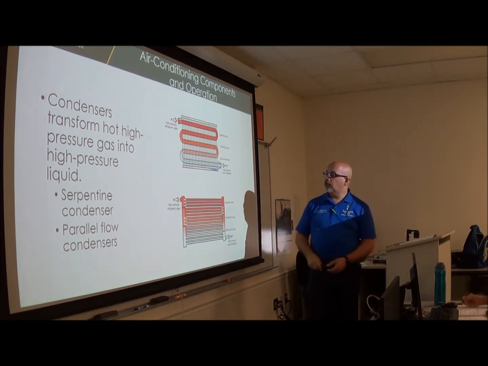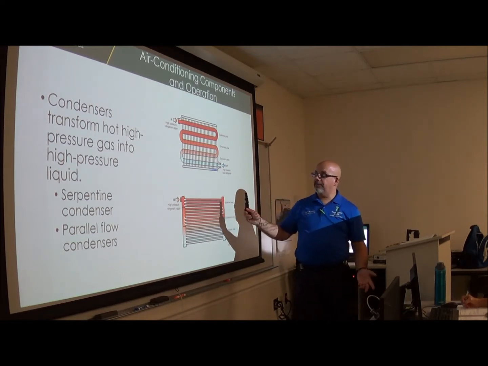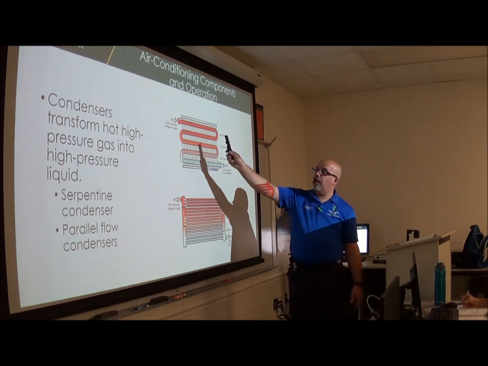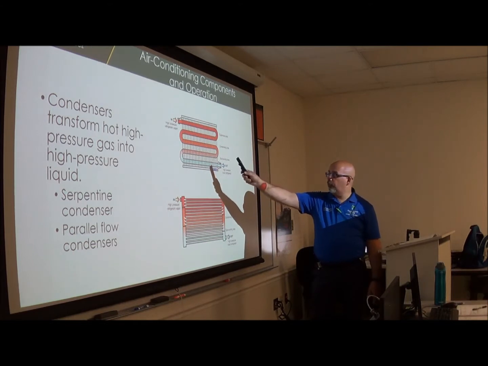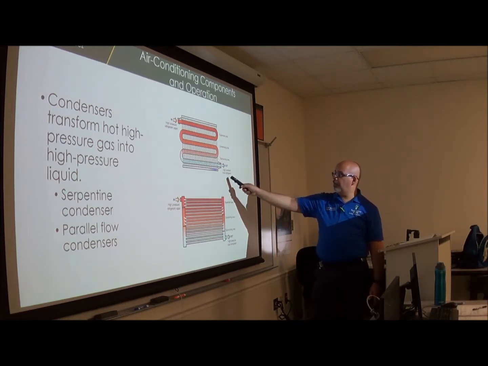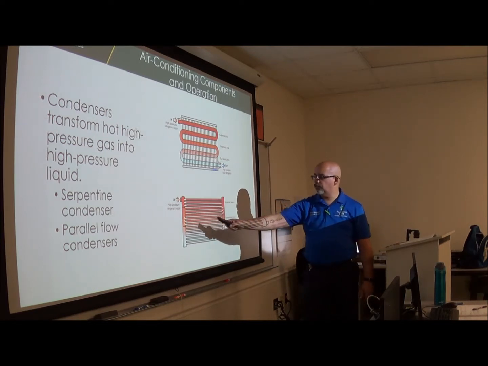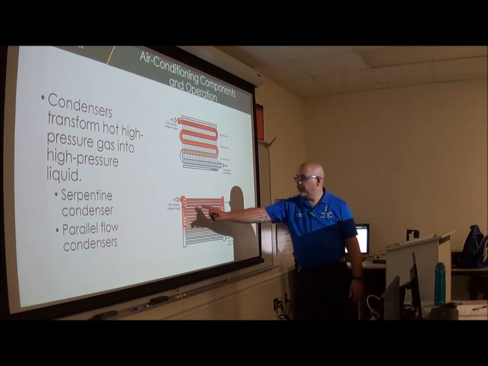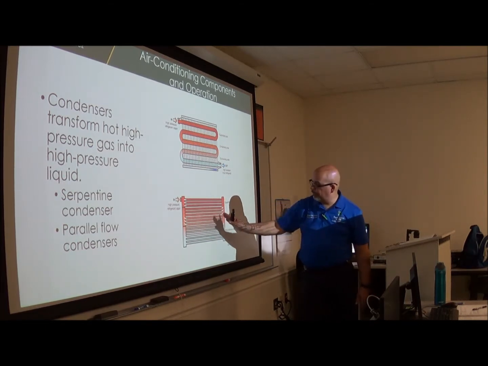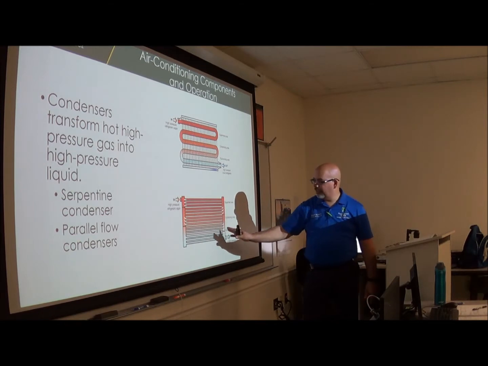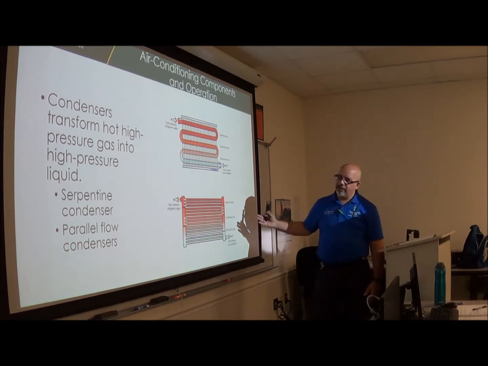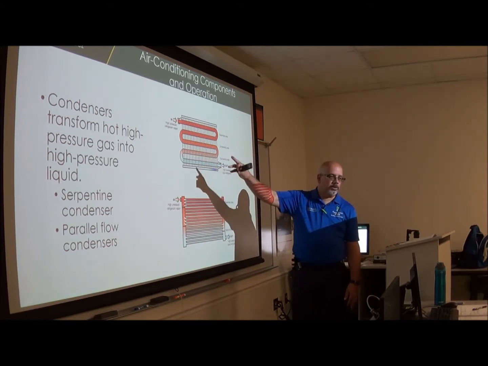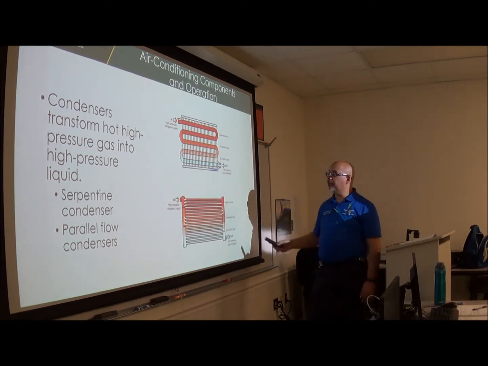Okay? So they will all be the same in that aspect: it will come in high pressure from one side in the form of vapor, and it will go out high pressure, but it's going to be liquid already. And the same on this one. This one, the flow goes down here and then starts going across. On this first one, it comes from here that way. It's kind of the same thing, but they did it as a parallel flow, while here what they did was just one route, one serpentine going side to side.